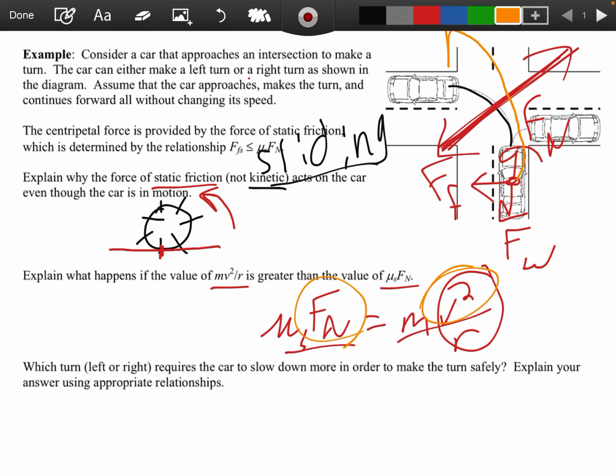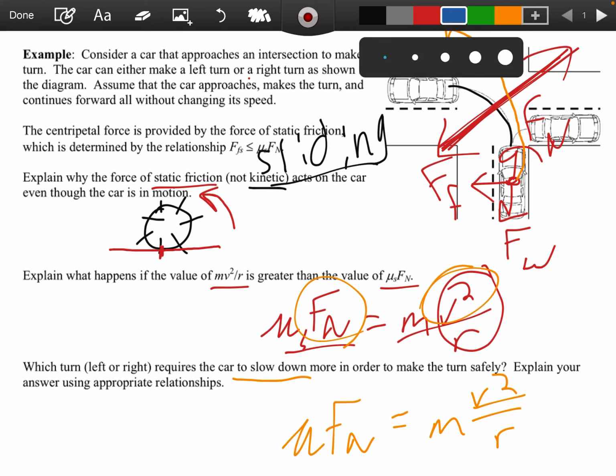All right, which turn, left or right, requires the car to slow down more in order to make the turn safely? Explain your answer. All right, so to make the turn safely, which one requires you to slow down more? Well, if we look at this relationship, mu Fn equals mv squared over r, which one do you have to have a smaller speed? Looking at speed, we know speed is squared, and we have r in the denominator. So if we have a smaller r down here,